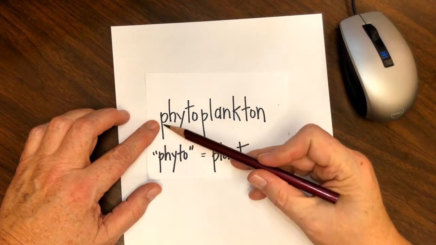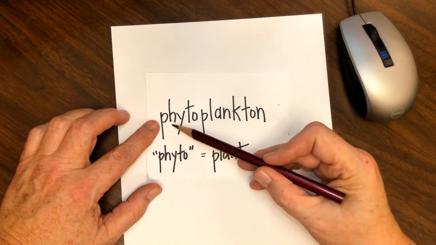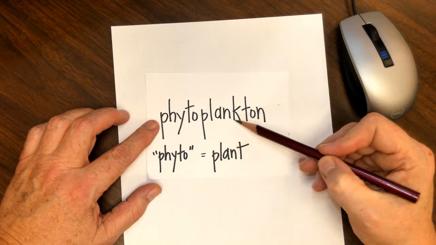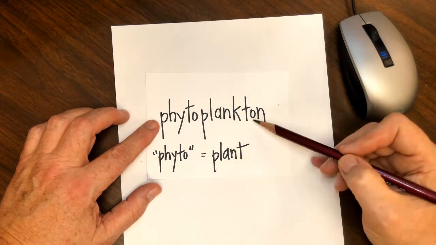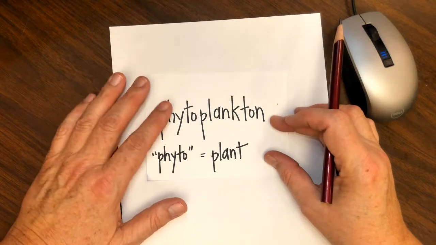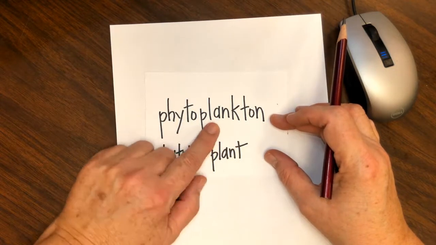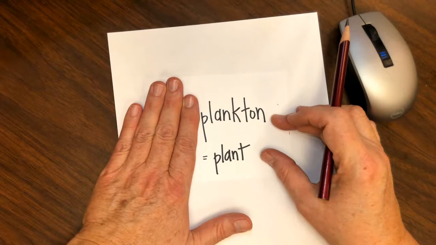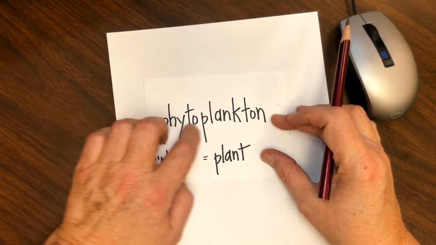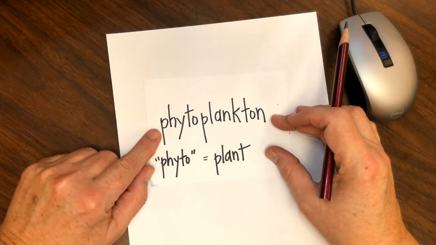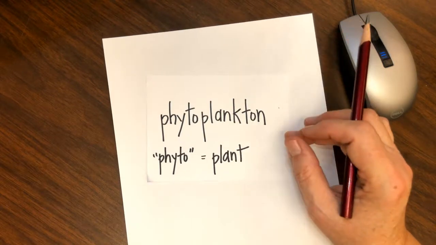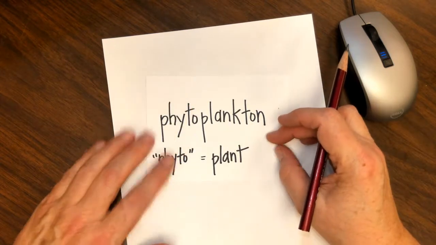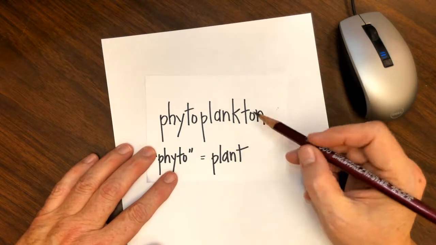But if we sound it out, our PH sound, ph, so that's phi, toe, plankton, phytoplankton. Most people call phytoplankton, which are underwater plants, just kind of like seaweed, okay? They usually shorten that word to plankton because they don't want to say phytoplankton every time. So, like I said, phytoplankton, or plankton, as most scientists will call it, is an underwater plant, and along with seaweed,